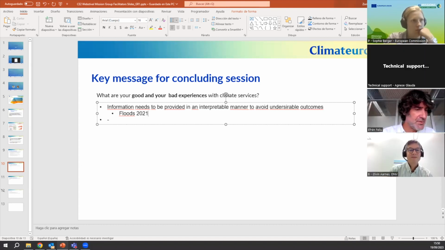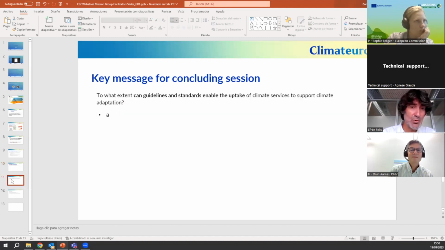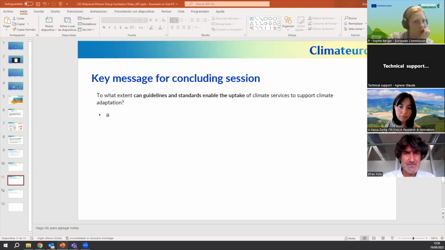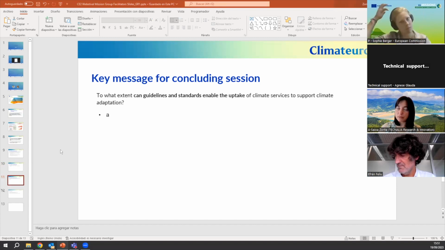Okay, they should be moving us to the plenary soon, because the session includes this plenary feedback. I think we have just 1 minute, so we will then be moved there. I think we touched a little on the 3 questions, mainly the first one, maybe a bit less about guidelines and standards to enable the uptake, even if we had some conversation about the standardization and harmonization, which I think goes in line with this last